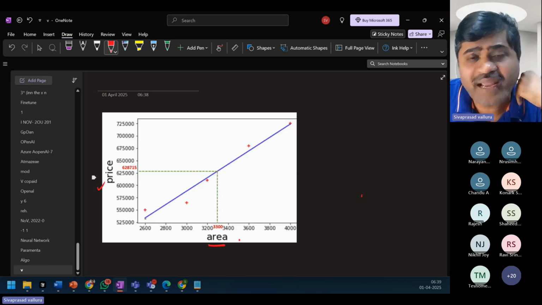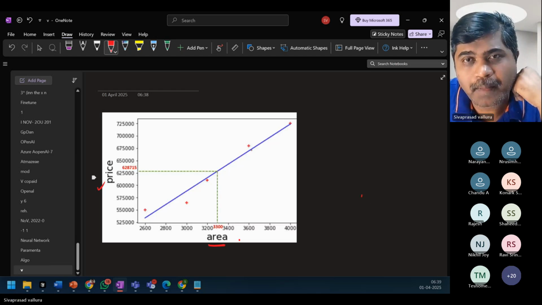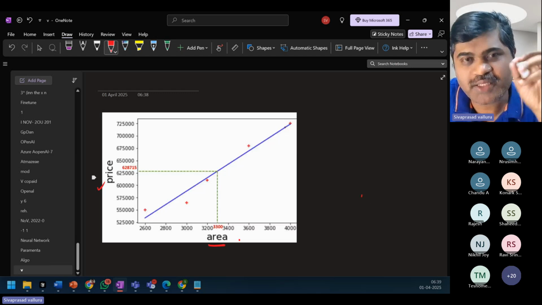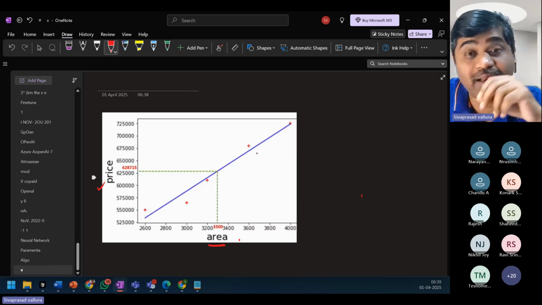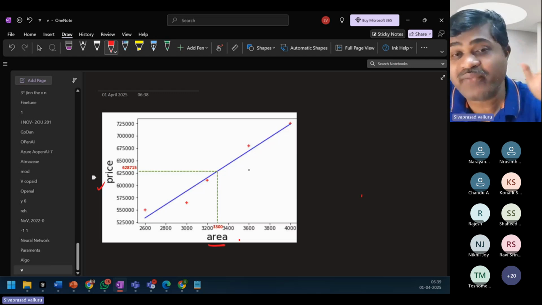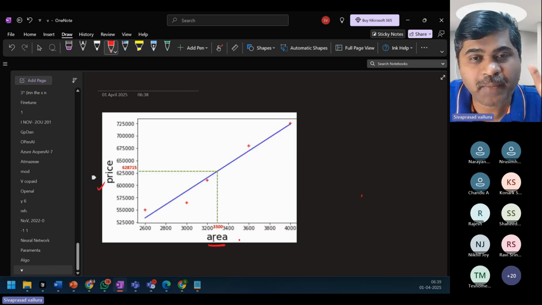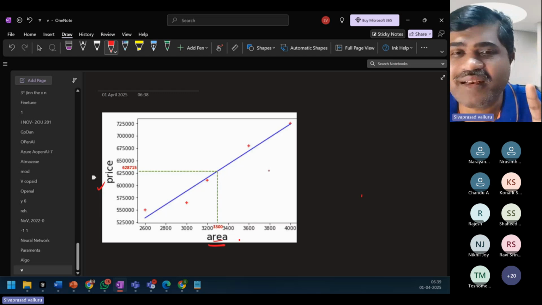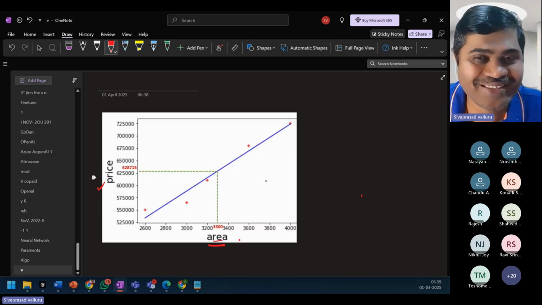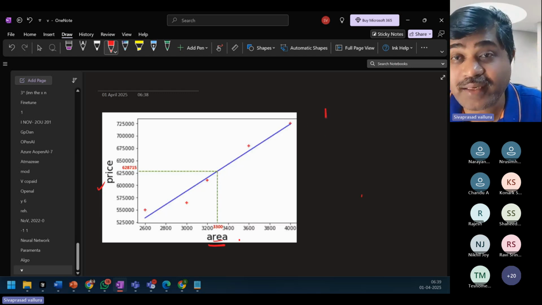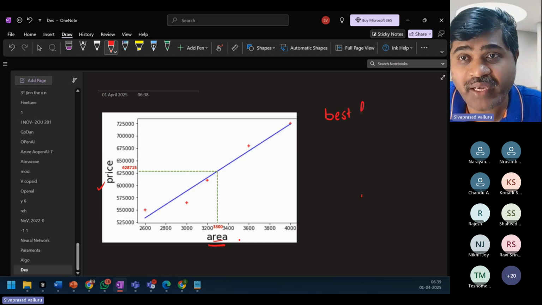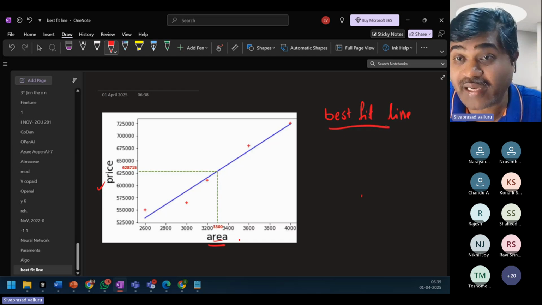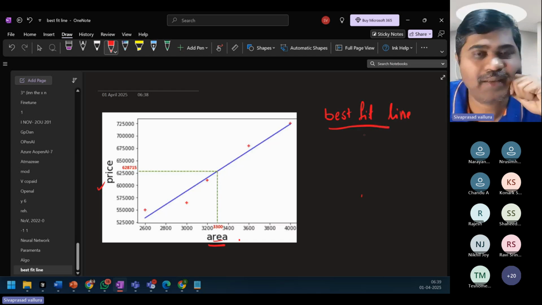I thought if I can draw a line passing through all these points, then I have identified some relationship between area and price. I try to draw a line, but a single line will not go through all data points. What I want is to somehow find a best fit line.